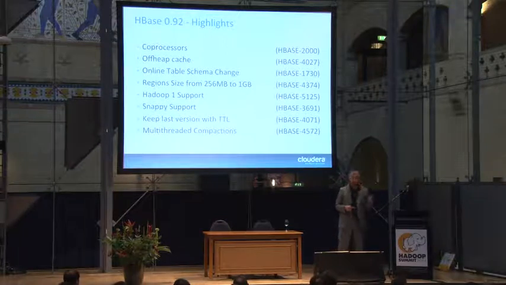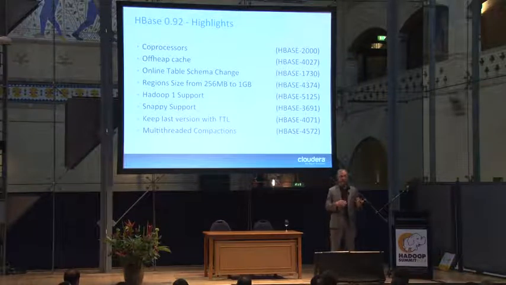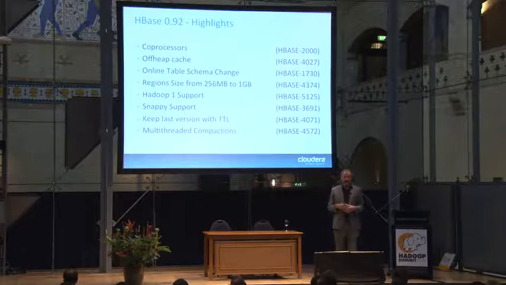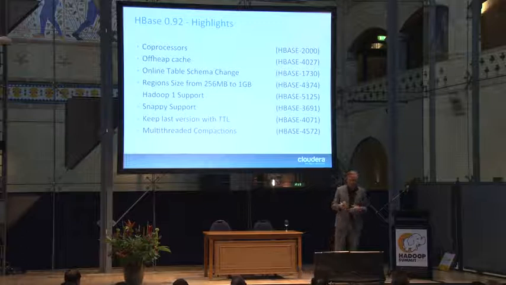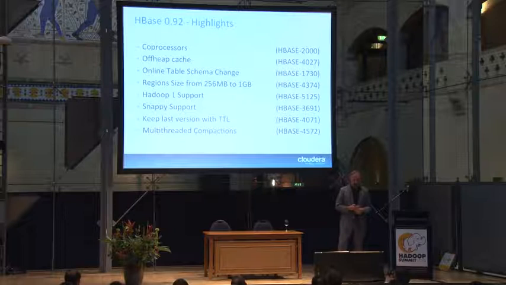We added Hadoop support. Snappy compression went in. For those who don't know, Snappy is that Apache-licensed compressor library from Google. That's the same thing they're using in Bigtable, which is the granddaddy of HBase. So that's what it is all modeled after. So we're using the same compression as Google does in this case. And other smaller improvements went in.